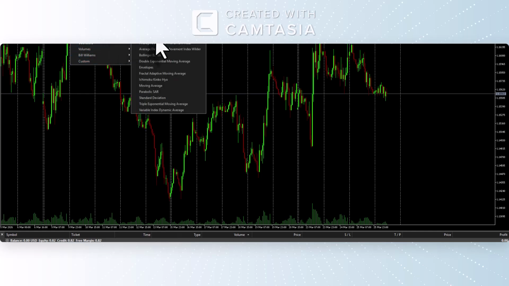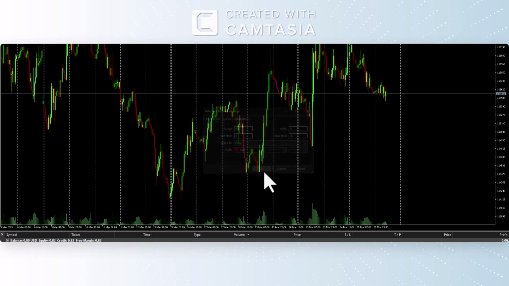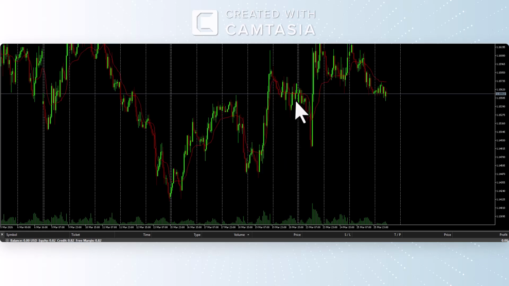For example, this one, trend, that one. To remove that indicator, just right click. As you can see, if you hover over it, it will show the indicator details. So right click, then delete indicator. Okay.